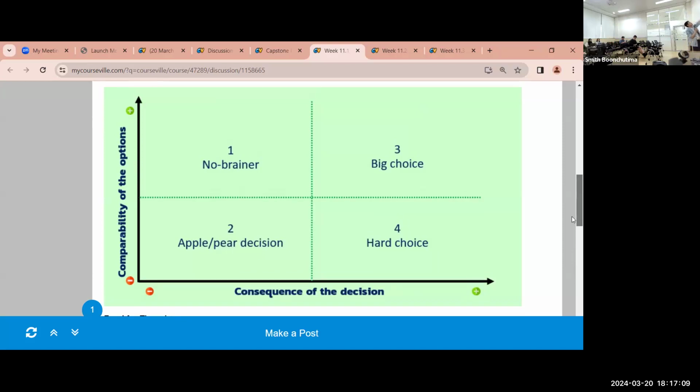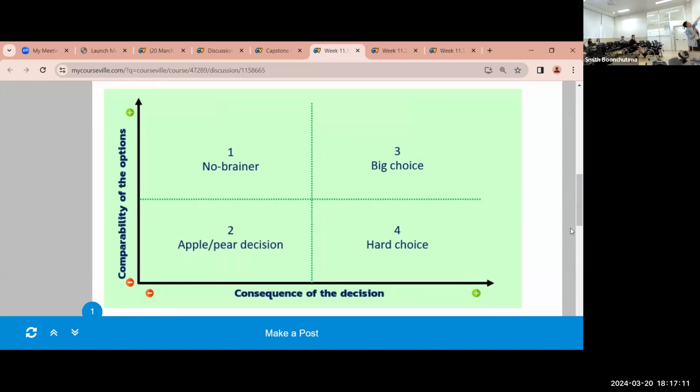Okay, when I talk about no-brainer, it means that it is very easy to compare and the consequence is very minimal. So I think getting something to eat for dinner is a no-brainer to me, but not to you. Okay, okay. So that's why I better leave this